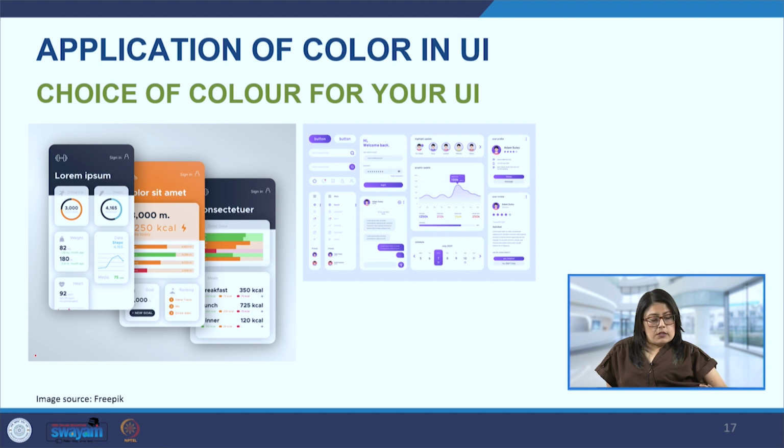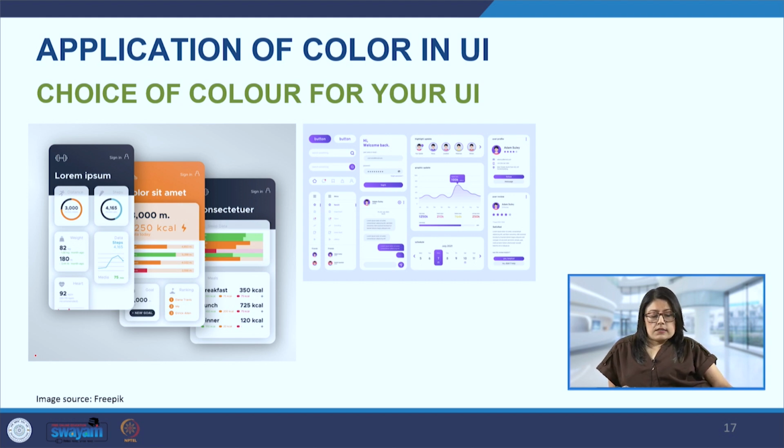So now coming to the application of color for our design when we are designing the user interface. There are certain steps in which we can go to achieve the right combinations of colors. The first is the number of colors that will define the brand's color palette. We'll also take a look in the further slides at how we even select the number of colors. But for our particular brand, how many colors do we feel would be enough to create the palette?